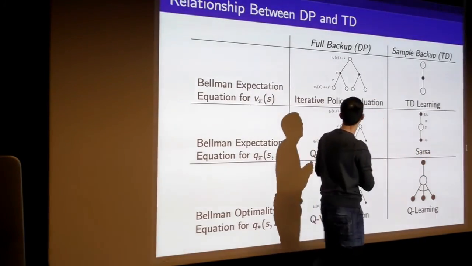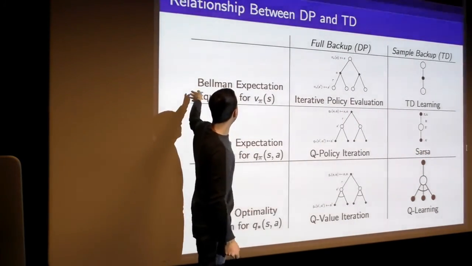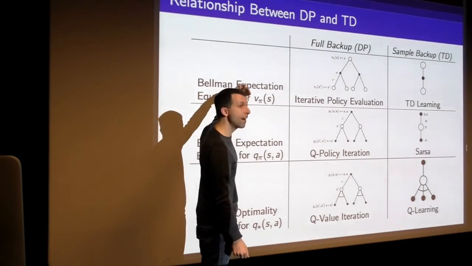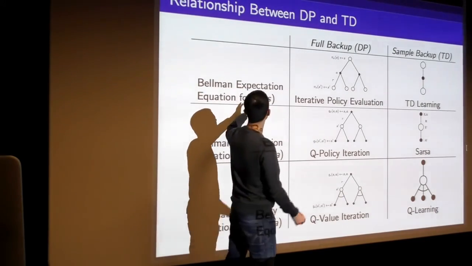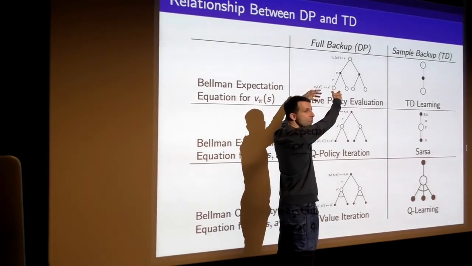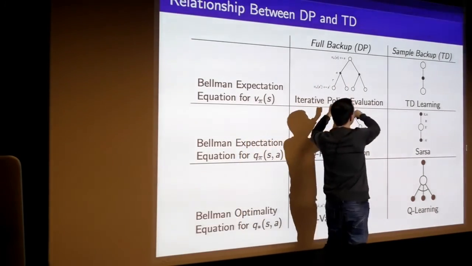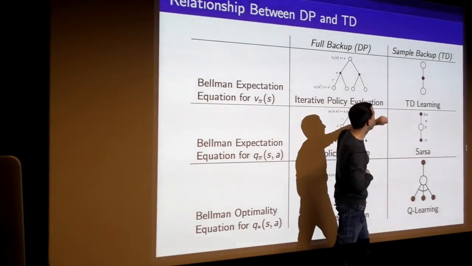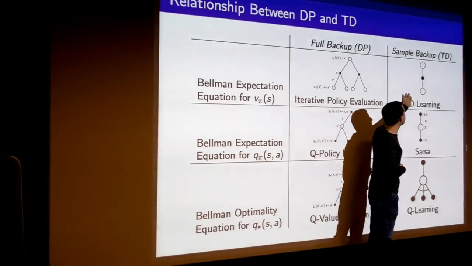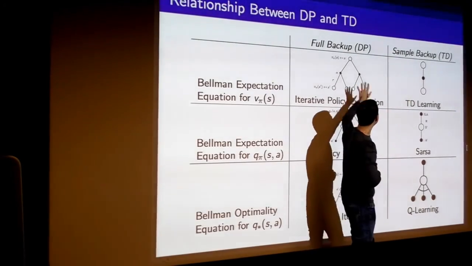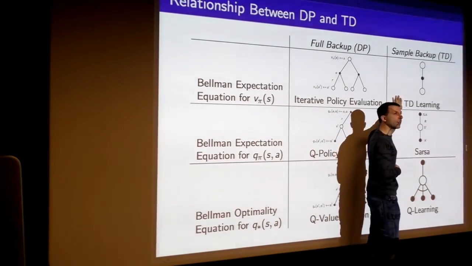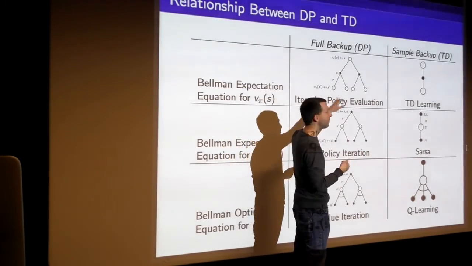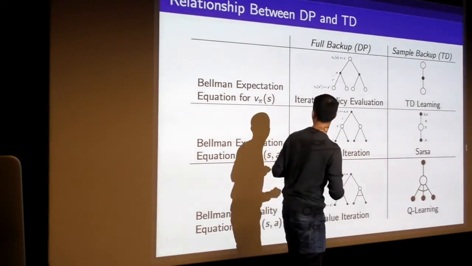Okay, and so this is which Bellman equation you use. If you use the Bellman expectation equation for the state value function v, you can use dynamic programming to evaluate your current policy, or you can just take one sample of this diagram by sampling from the environment and sampling from your policy, and that gave us TD learning. So these are just a sample of these. Wherever you've got an expectation here, you sample it to get your TD learning algorithm here, and that gives you your target. So the target for your TD learning algorithms are samples of the right-hand side of the Bellman equation.